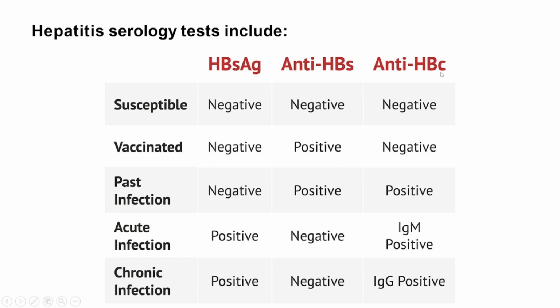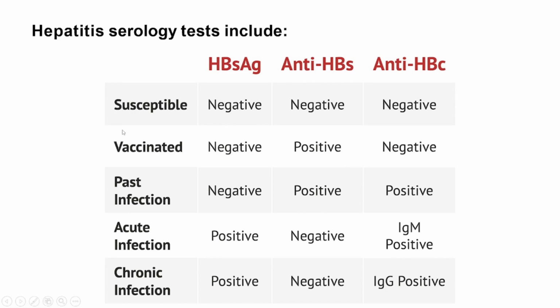So these are the antigens. If the patient is susceptible, then the results will be negative. If the patient is vaccinated, then the result will be negative. So these are the antigen tests, and this is the antibodies test,